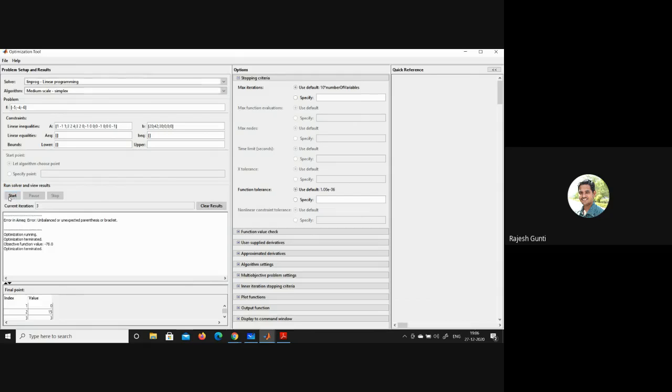Start. Okay. Yeah, double bracket I put. So minus 78, 0, 15, 3. Okay. Like this, we can solve LPP. Suppose equality and inequality constraints are there. For example,